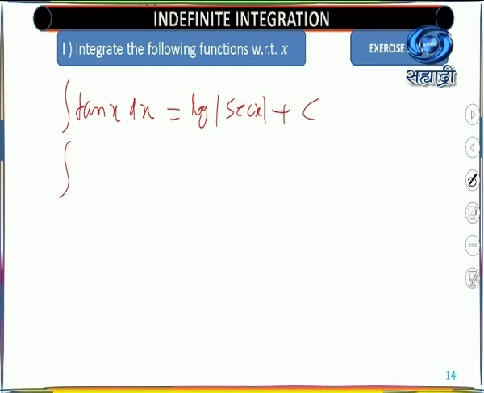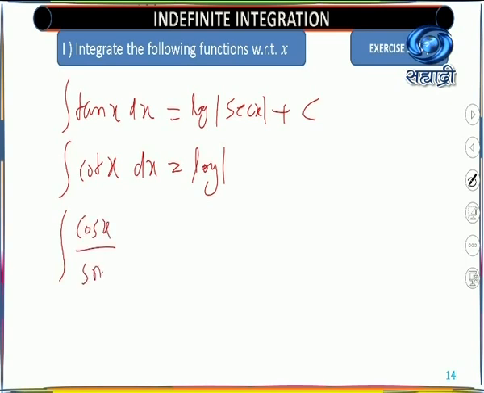Then integration of cot x is log of mod of sin x. Cot is nothing but cos x upon sin x, and immediately you can write that this is in the form of f dash x upon f x. So you will get log of sin x